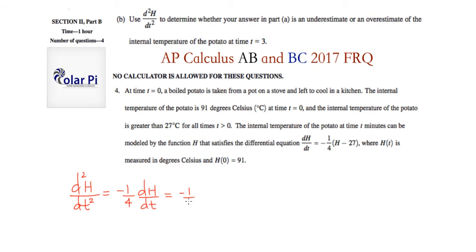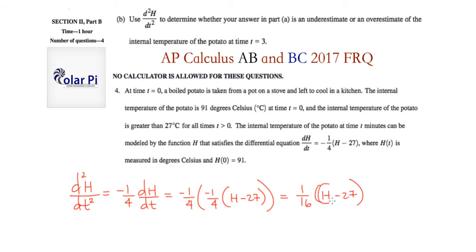So we write negative a quarter times dh dt, which we know is negative a quarter times h minus 27. So a very simplified version of our second derivative will have to say a 16th times h minus 27, right? Okay, cool. Now, crucially, we're told that when t is greater than 0, h has a value greater than 27,